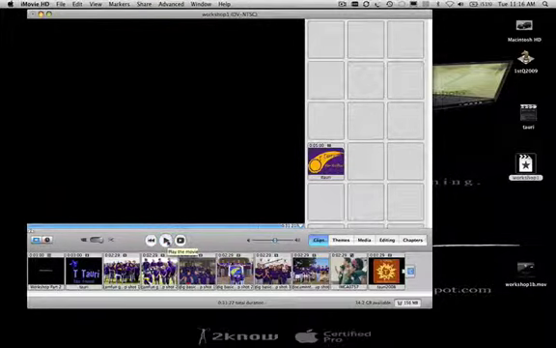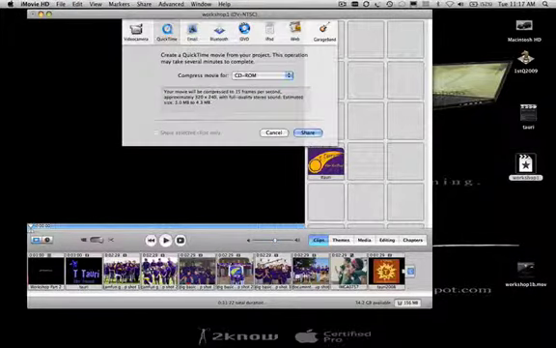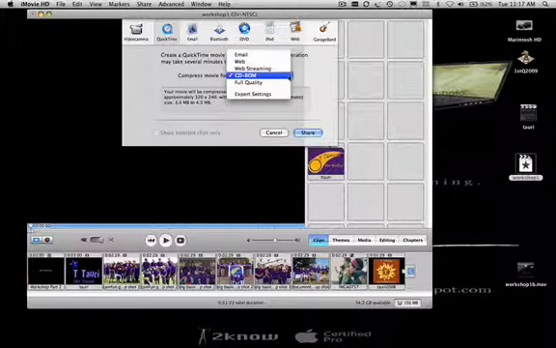Now that we've viewed the entire project, let's export this project out as an MOV ready for the web. Simply back it to the beginning, and now let's go to File, Export. Note that each one of our presets have already been loaded into iMovie. We simply click here, we'll say Web, we'll say Share,